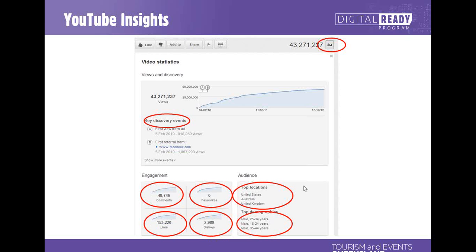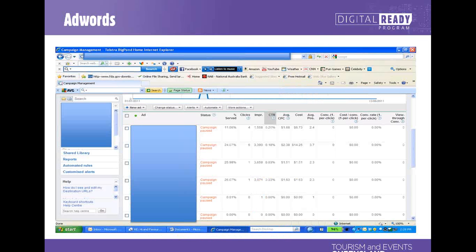But it also gives you locations from people visiting and also demographics. So this is largely a male audience for this particular video. So have a look at this information, see if it's available. If it is, it can again give you quite good insights into how successful each video is that you're publishing, and which is not a bad thing.